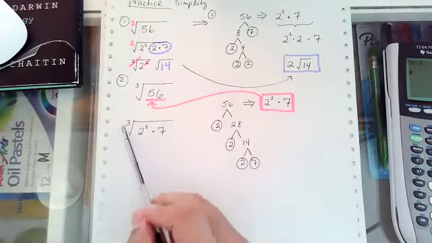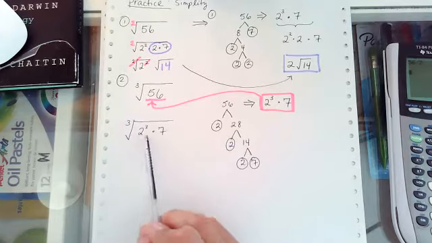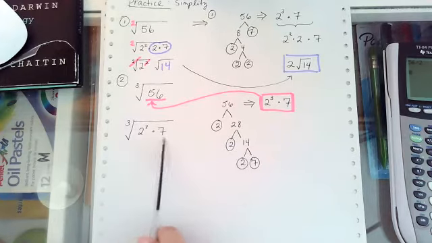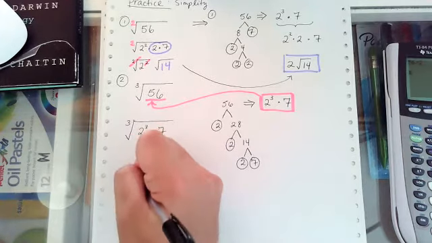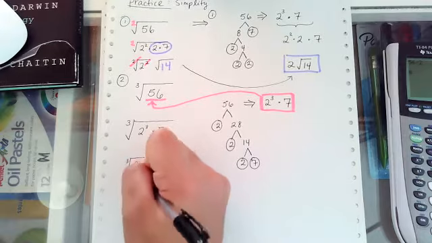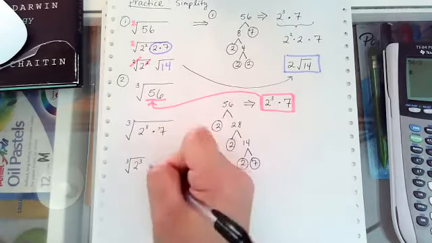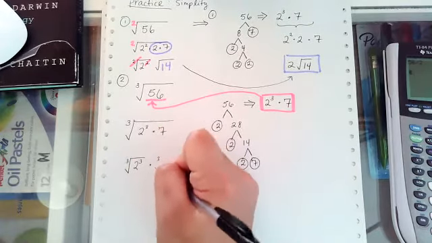Then we can say, okay, we can split up the cube root over this product. So I can write this as the cube root of 2 to the third power times the cube root